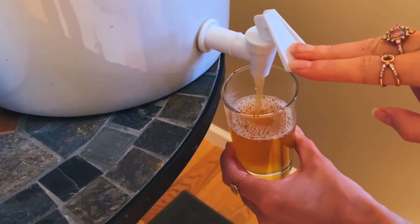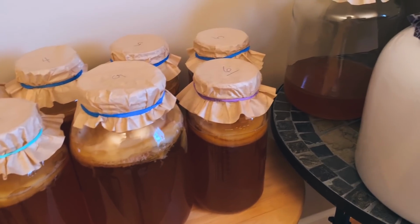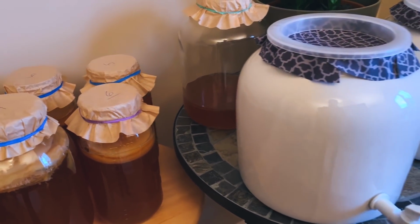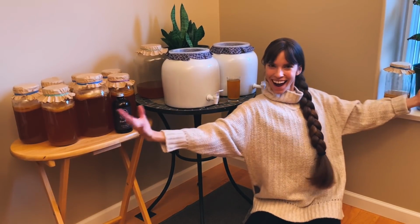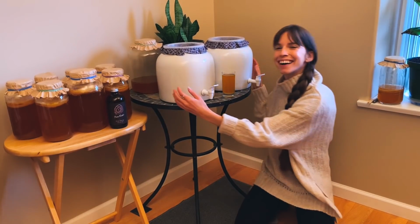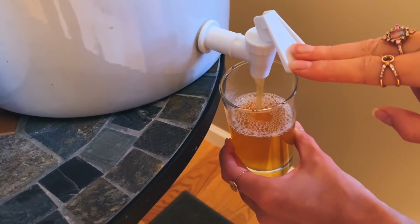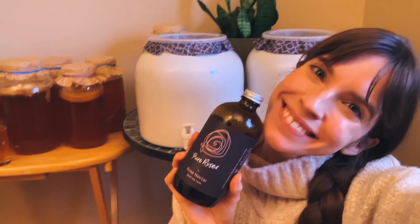Then I had some kombucha because I'm visiting with my parents, and my mom is the queen of fermenting, and she has an abundance of homemade kombucha and other fermented foods. She has crocks and jars and bottles full of kombucha, so I had a delicious glass of kombucha straight out of the crock. And I of course had to make it rose kombucha, so I added in some pure rose